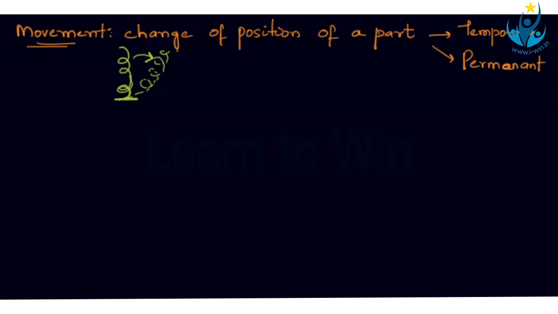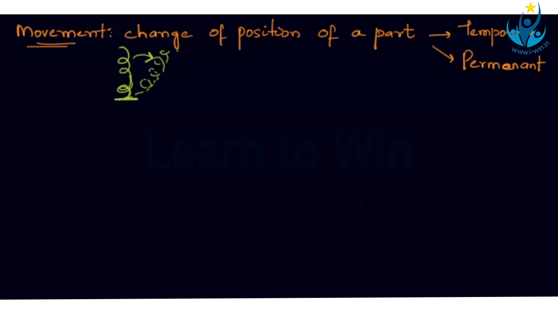Now, even in our body, we see a lot of movements. When we are talking, our tongue keeps moving up and down, sideways. When you're eating, our tongue moves. Our eyelids keep on moving, that fluttering of the eyelids. And when you're sleeping, your eyelids close. So they're changing from one position to another. There are a lot of movements that keep happening within our body.